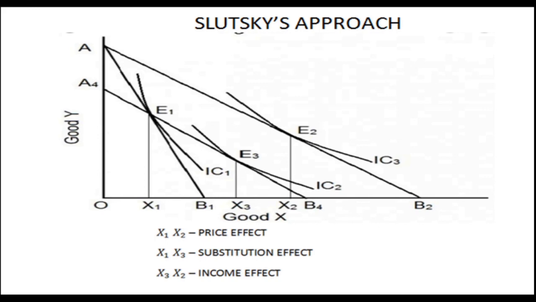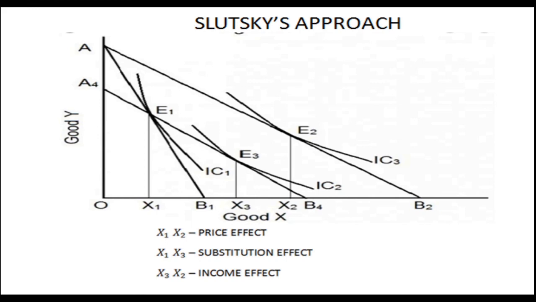If the consumer moves to E1, then this E1 is lying on the indifference curve IC1. So easily, due to the reduction of income, the consumer moves from E2 to E1, which is lying on IC1. So Slutsky's suggestion is satisfied